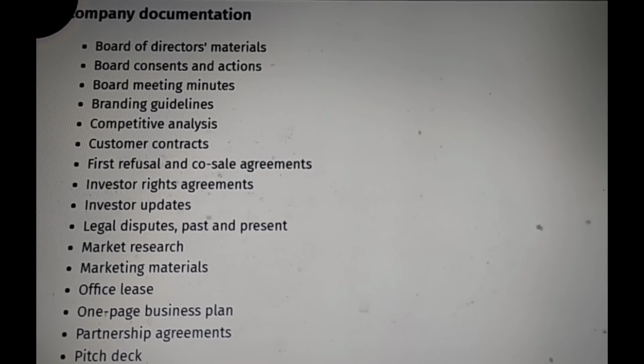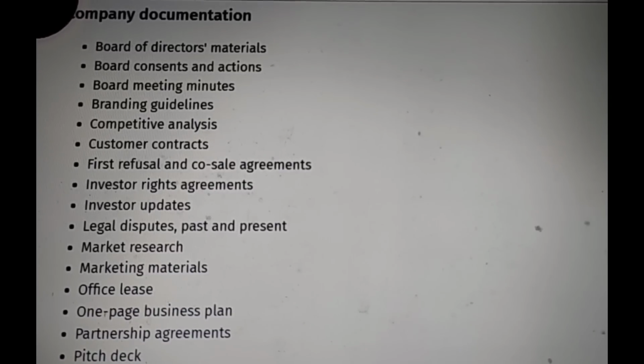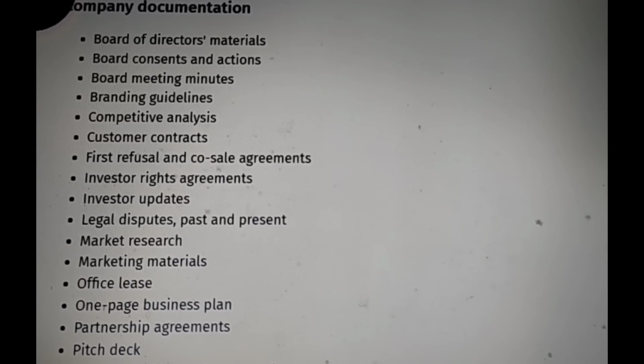Company documentation. Board of Directors materials, board consents and actions, board meeting minutes, branding guidelines, competitive analytics, customer contracts, first refusal co-selling agreements, investor rights agreement, investor updates, legal disputes past and present,